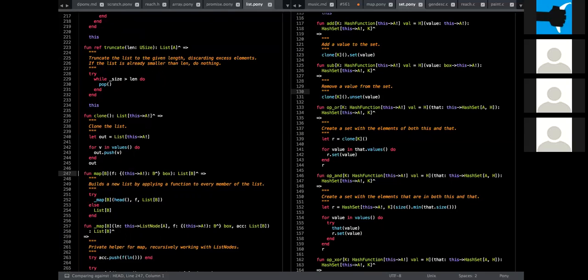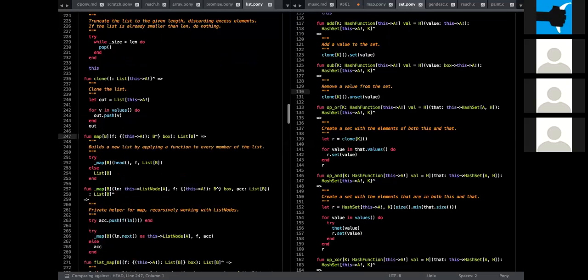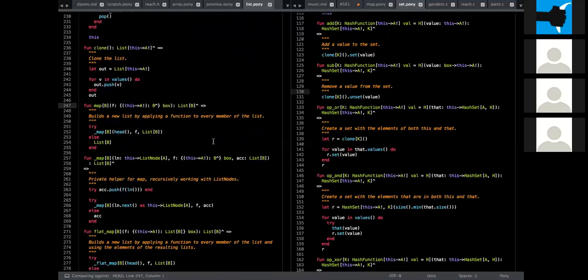In this case, we're going to expect some lambda that operates, again, not over A, but over this arrow A bang. And because we want a list of B, this lambda can't return a B. It has to return a B hat, because it needs to be something that when aliased is a B. And that lets us return the list B. And actually, the underlying code is really simple once you have all that, right? All we're going to do is get the head and recurse into the helper function,